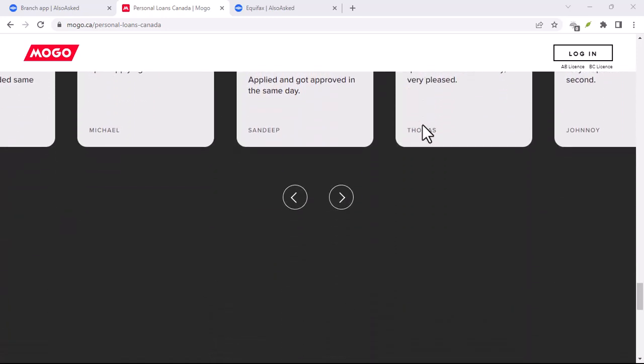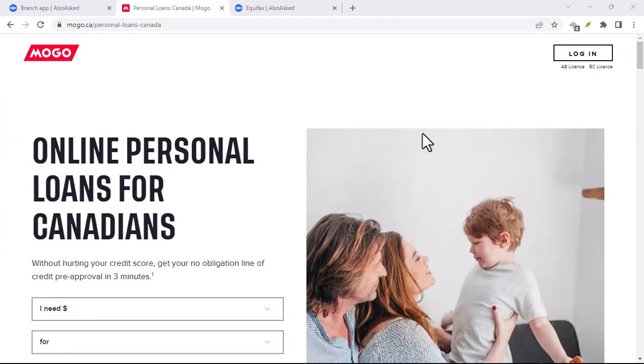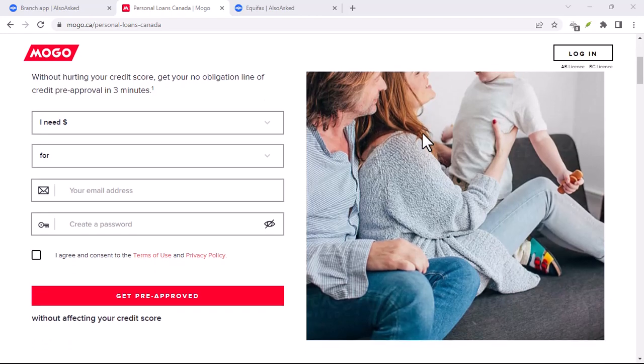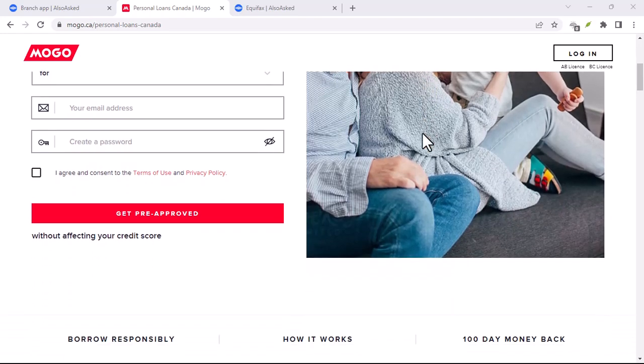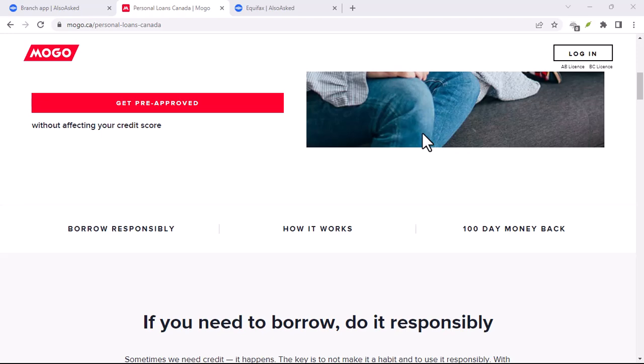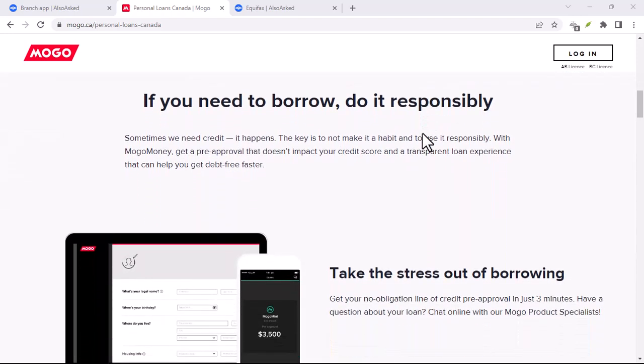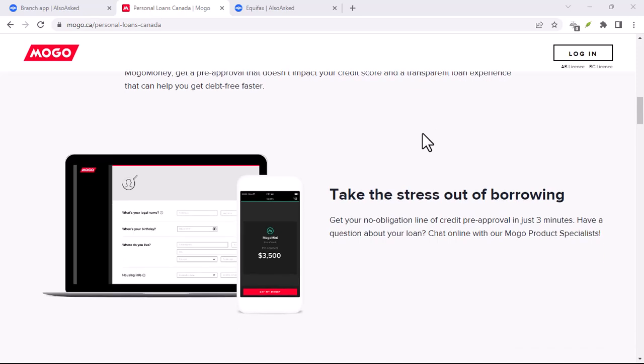So, can you transfer money from Mogo to your bank account? The answer depends on which Mogo product you're using. Mogo Money doesn't allow direct transfers, but you can access funds with Interac e-transfer or the prepaid card. Mogo Trade lets you transfer money back to your bank, but you need to wait for